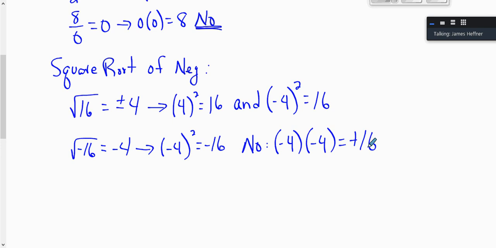And then hopefully your final result eliminates that, and you end up with a positive number. But we'll deal with that later, right? But in the real number system, you cannot take the square root of a negative. So these are two things that would be like restrictions on a domain and range, okay? If something like that were to happen, we'd have to put a restriction on our domain and range. So let's go back then